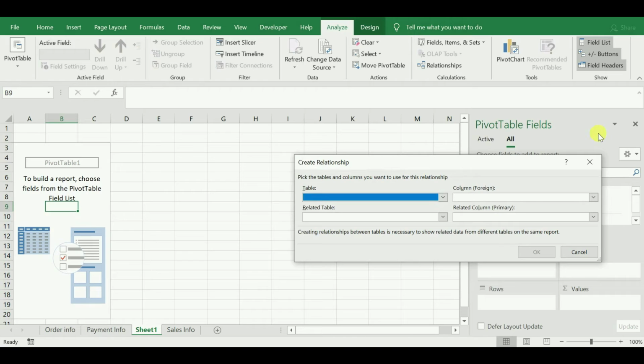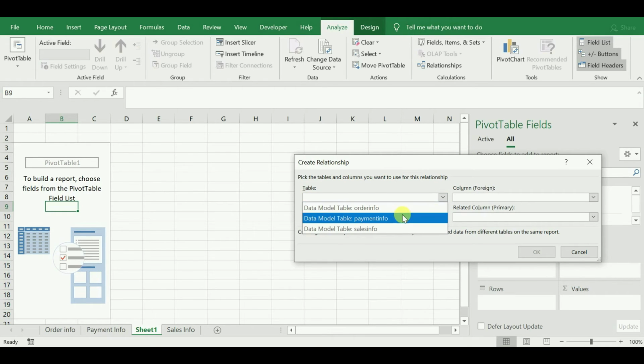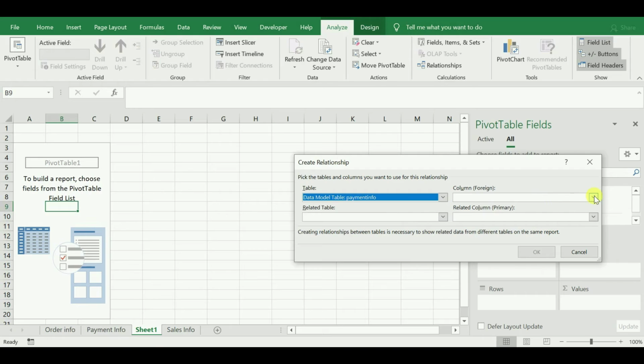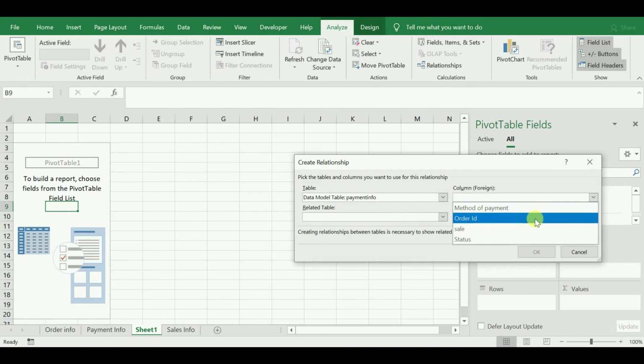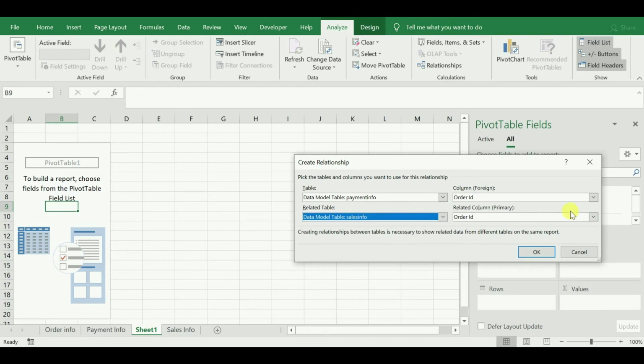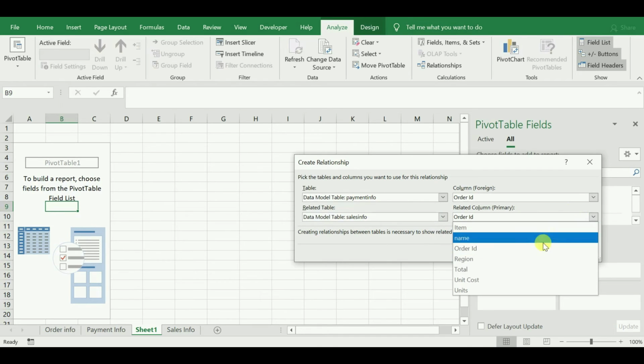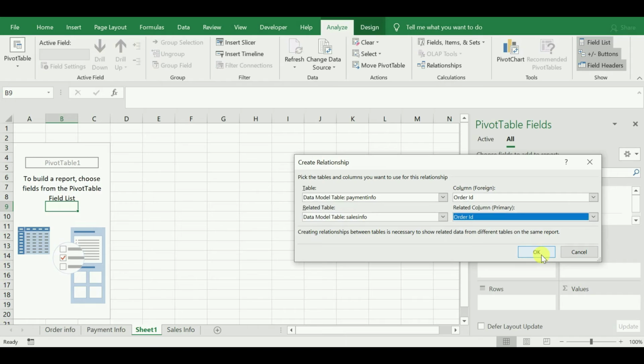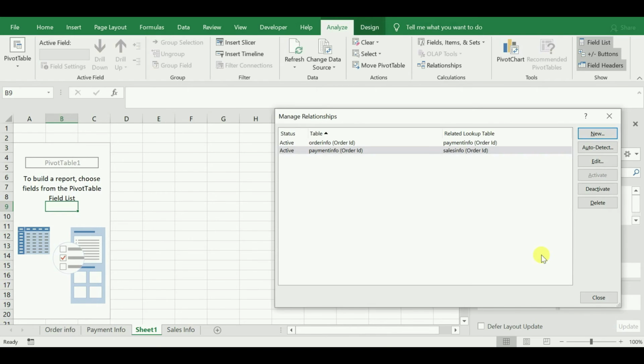Now repeat the process to create a relationship between the second and third tables, that is between payment info and sales info. In the same way, select the table name and then the column, and then in the related table again select the table name and then order ID, and click on OK.